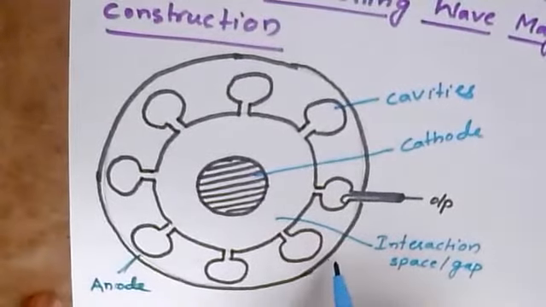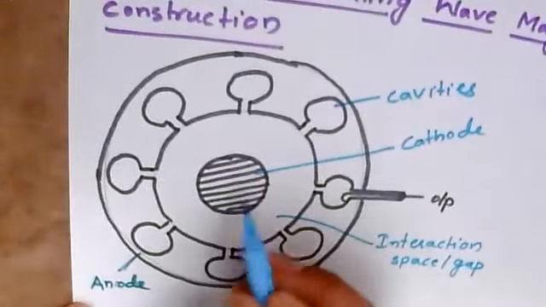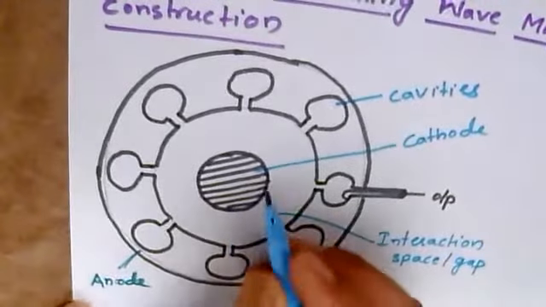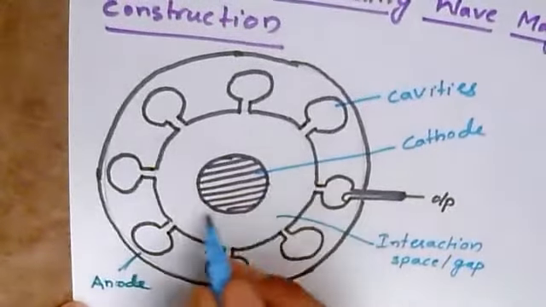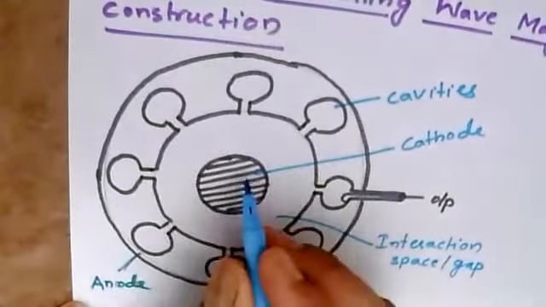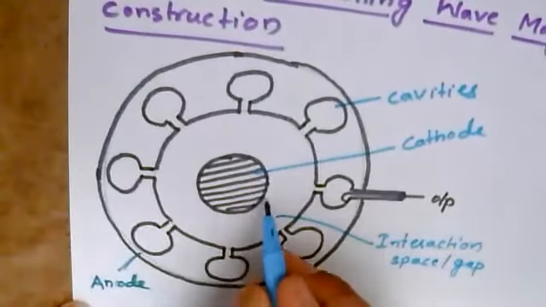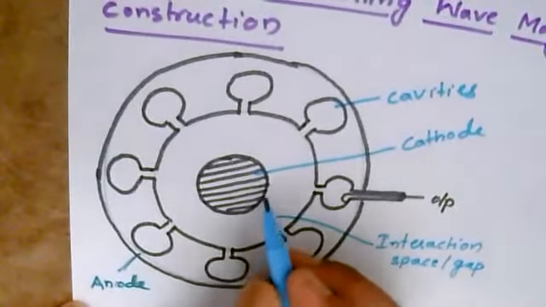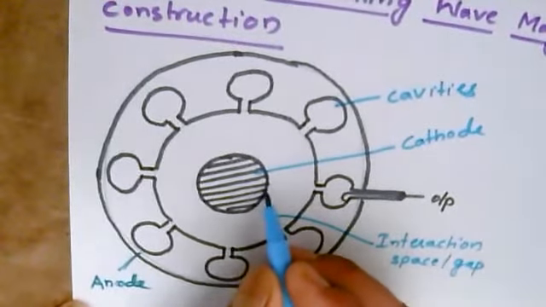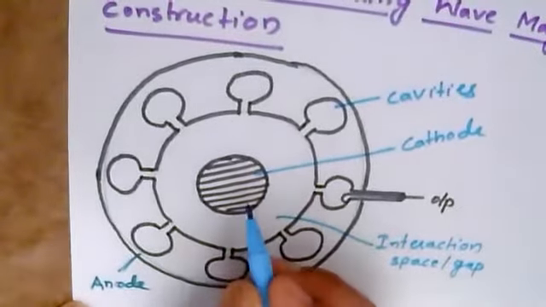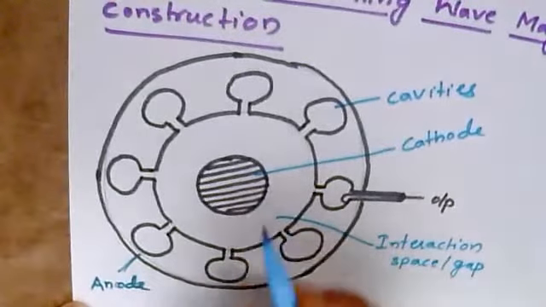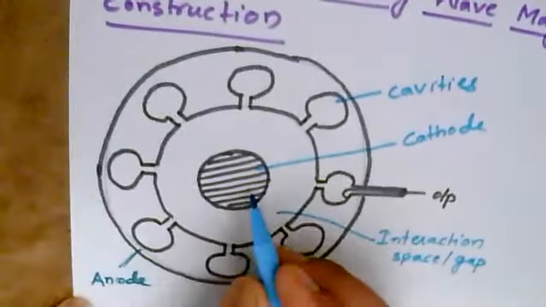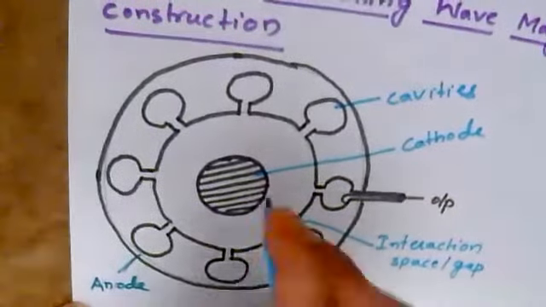Now, the magnetic field will be provided at the cathode, because a permanent magnet is placed around the cathode, so that the magnetic field will be axial to the cathode. That shows that it is parallel to the coaxial cylindrical structure of the cathode. Whatever the cathode cylindrical structure, it is like this.